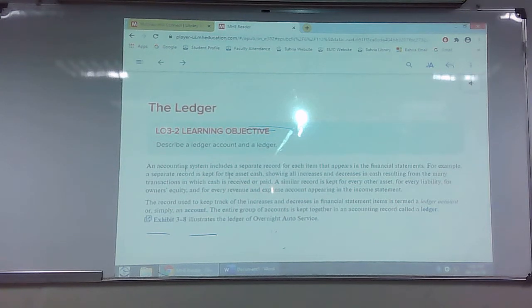Then I would like to give you an example: the ledger is basically a system of record. I've already introduced ledgers to you, that it's a separate record for each item. After we record in a general journal, there's another record for each separate item in the financial statements. It's known as a ledger account, and I'll show you what it is like. Why do we keep a ledger account? Because we need to see whether that particular financial statement item decreased or increased, and what the balance of the account was, so that we can make a trial balance. After the ledger, we make the trial balance.